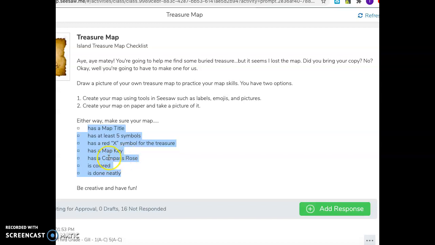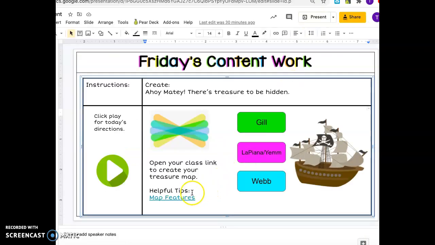Make sure you have a compass rose. A compass rose are the directions, so north, south, east, and west. So you're going to draw a little compass rose. Make sure your map is colored and done neatly so that your teacher can read it, and make sure you're creative and have fun. And if you are confused about the map features, you're going to click right here,